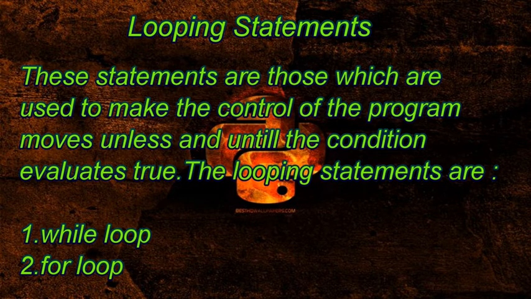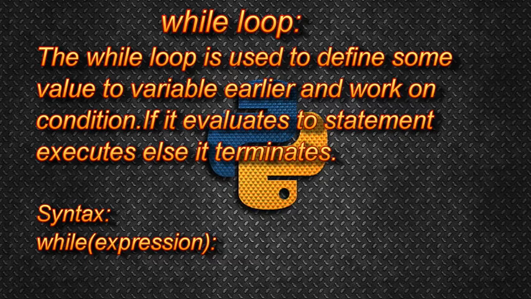Similarly, we have some control statements, like looping statements. The basic purpose of a looping statement is that we need to run a code again and again based on a basic expression or a value that we need to evaluate. Now, in Python, we have two kinds of looping statements. Number one is the while statement. Number two is the for loop statement.